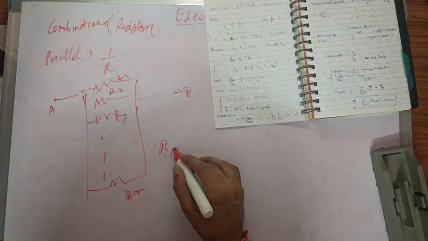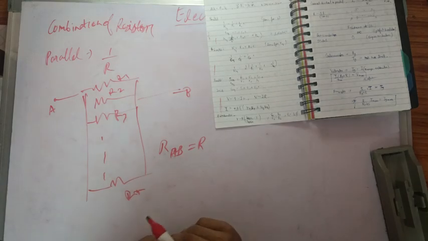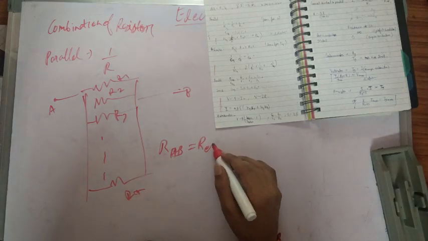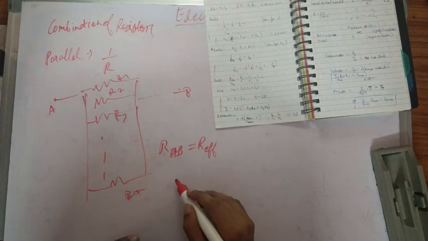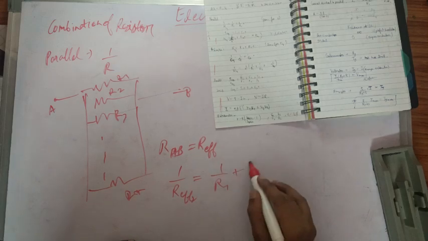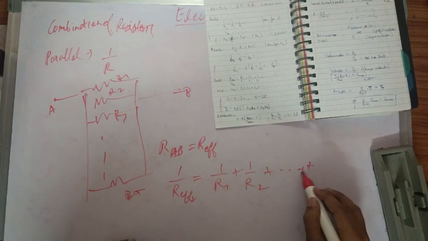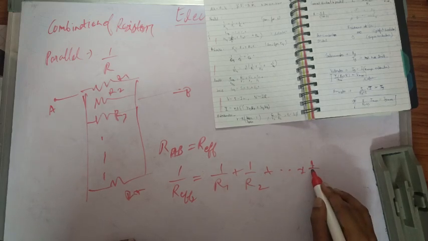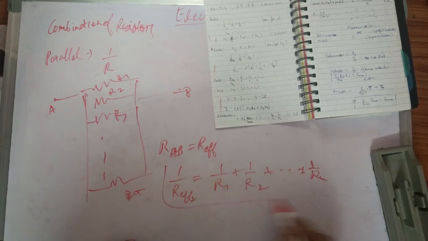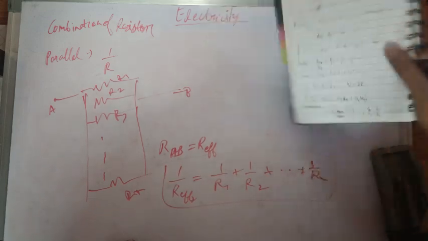Then the effective resistance between A and B, let's call it R effective, will be given as 1 upon R effective, which is equal to the sum of reciprocals of all resistances, 1 upon R1 plus 1 upon R2 and so on up to 1 upon Rn. And in case of series connection,